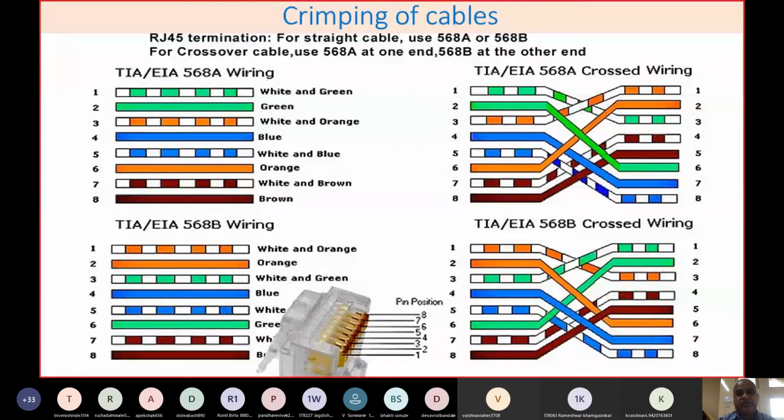Then the last topic that I'm coming to is crimping of cables. That means how you can connect the two cables. There are two standards normally used for this concept. One is called the 568A standard, another is called the 568B standard. For any commercial application, the 568B standard is normally used. For household wiring, or home LAN network, you can go for 568A. But for any commercial or large network, or even a small network, I'll suggest that if you really want to go for cabling, you always go for the 568B standard.